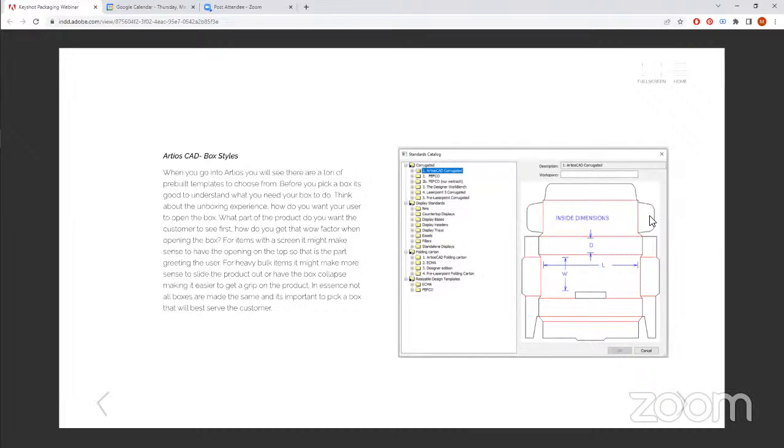So for example, for items with a screen, you might have the opening on the top. That way, once they lift the top up, you have that screen right at their face. That's the wow factor you want. And then also for heavy items, you might want to have the lid come off, so that the customer isn't lifting this heavy item out of the package. They're just lifting the package off the product. So in essence, all boxes aren't made the same, and it's important to pick a box that will best